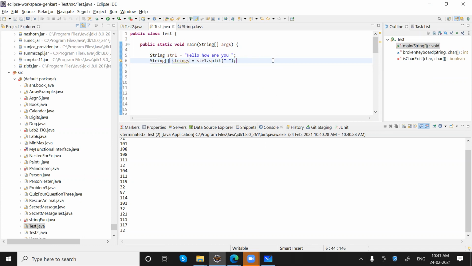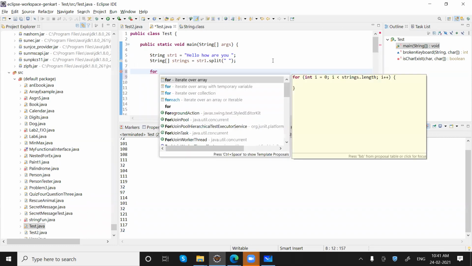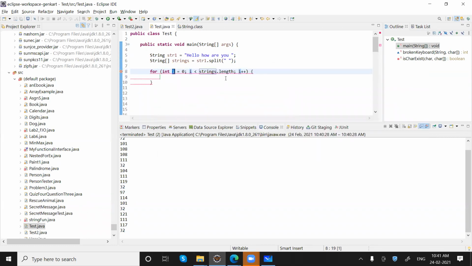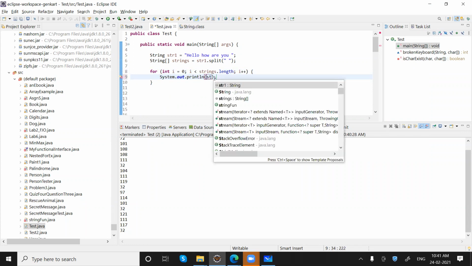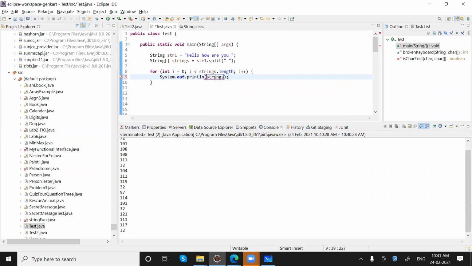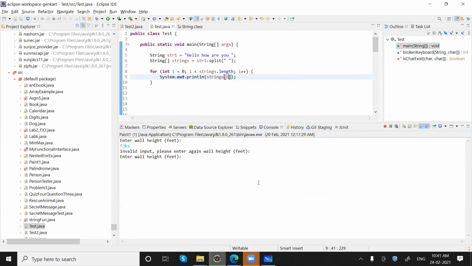Let me call it strings, and you know to go through each element of this array, we can just say like this. It will go through each element and print each element.